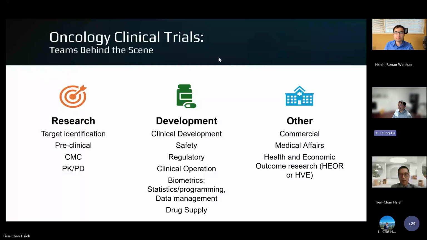Ronan, do you want to comment on research coordinators? What are the typical backgrounds of the coordinators? Yeah, do you know their? I have some